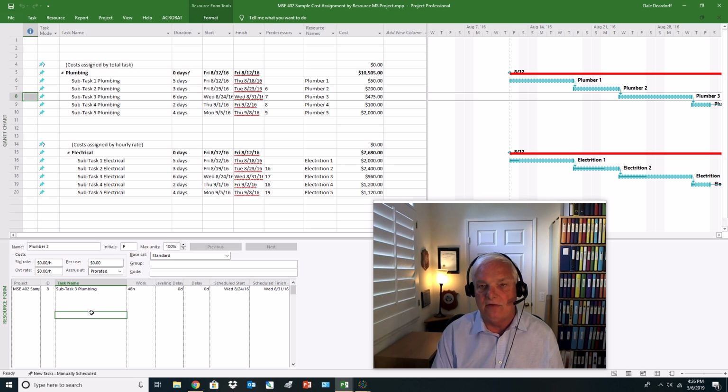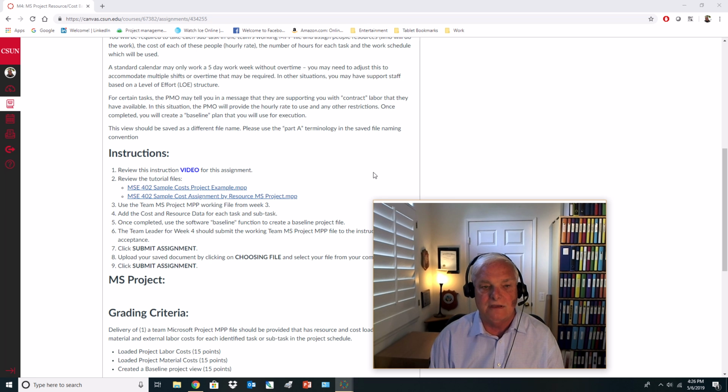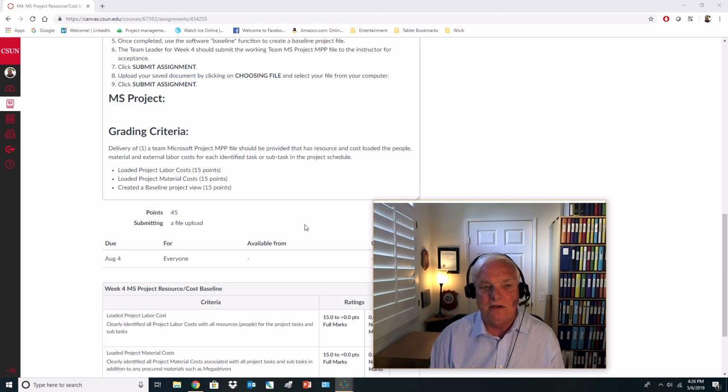Some people like entering it down here. Some people like entering it up here. For me, I like having both windows open. I think it gives you the opportunity to really see what that looks like. Now, once you really understand how this works, I want you then to go in to your Microsoft project schedule,